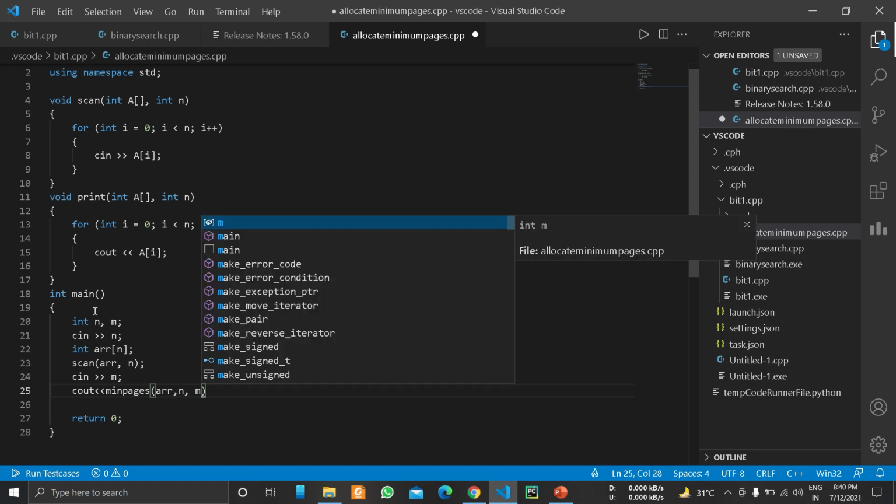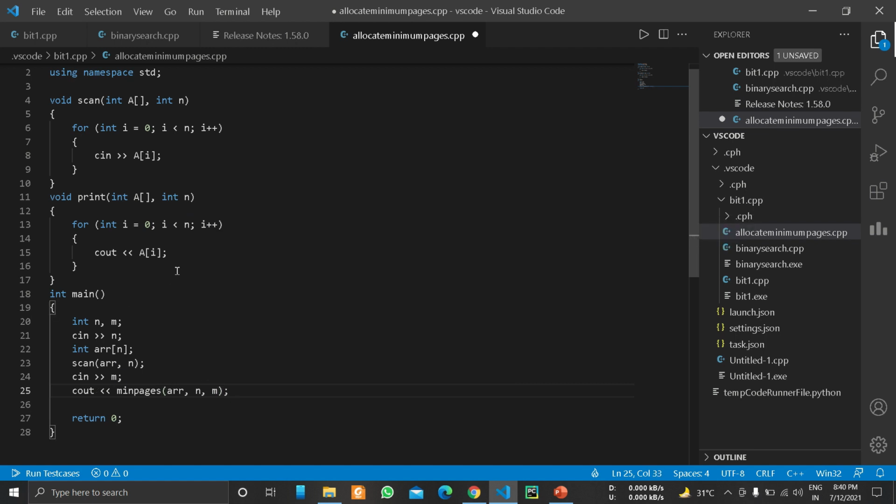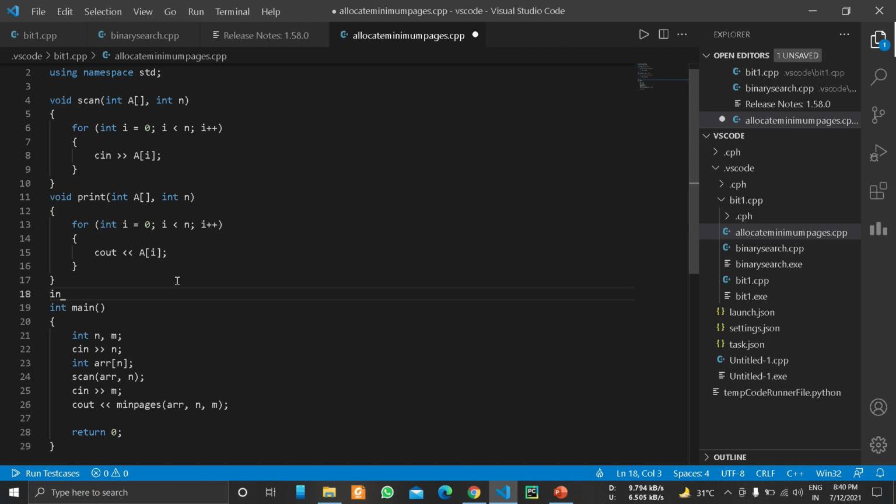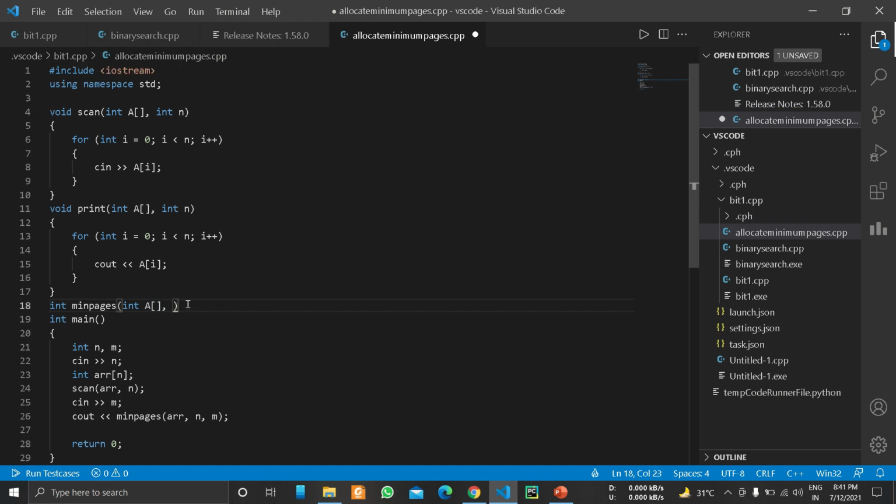So let's write our function minimum pages. Int a, int n, and int m. After that, what we have to do is first find the sum.